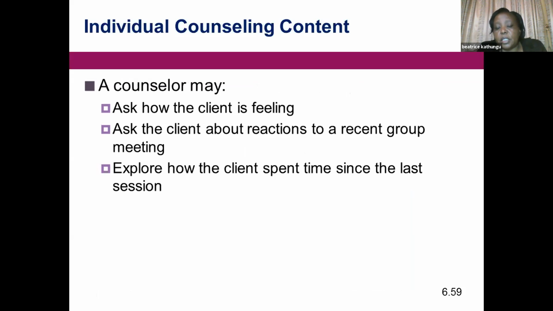Now, when you do individual counseling, what is it that you focus on in a counseling session? One of the things you could do is find out how the client is feeling. I mean, many times we want to ask the hard stuff and the big things, but sometimes all we want to be asked is how we're feeling. I do know that many of us in our own personal lives like it when people apply counseling skills in everyday talk. If someone meets you and just asks you how you're feeling, it's a nice thing. They are concerned about it. It's the same thing with our clients. It's part of the engagement Moreko was talking about.